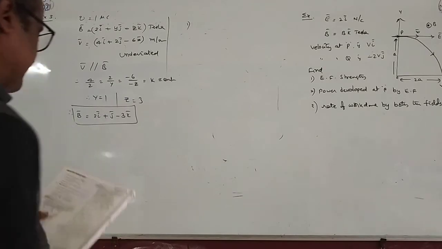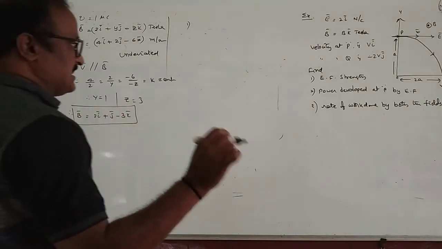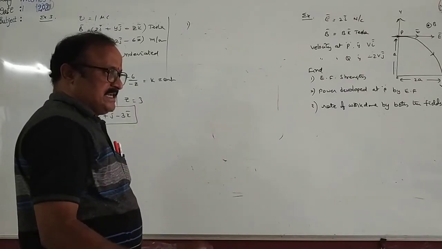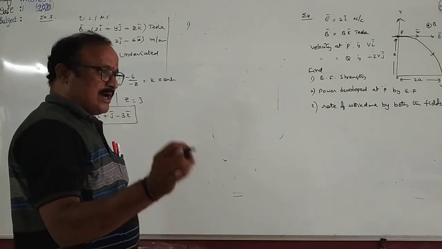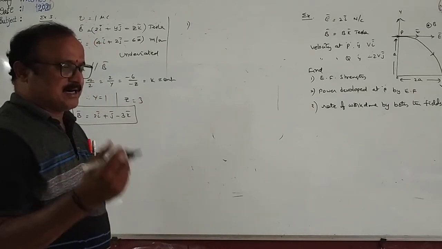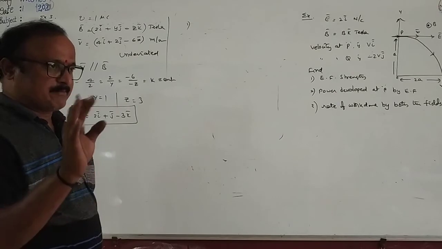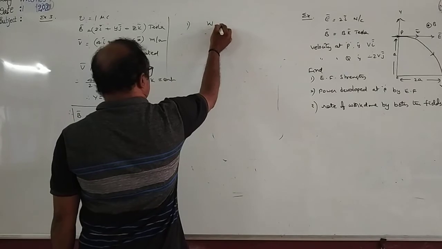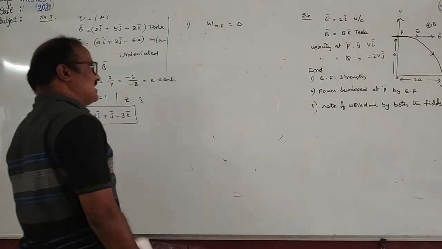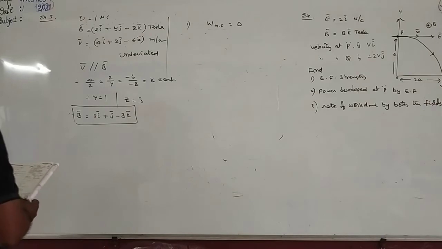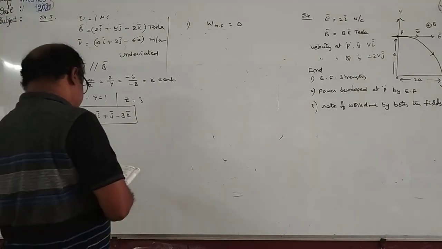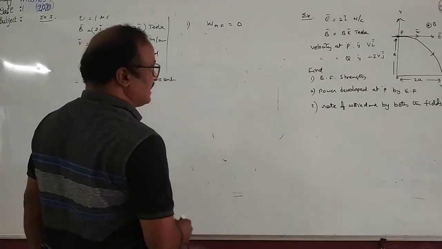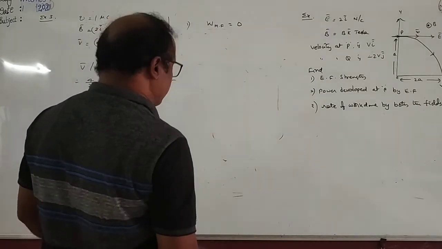We should remember one point. Any charged particle when it enters the magnetic field follows a circular path. In case of circular path, work done W is equal to F bar dot S bar. F bar and S bar both are perpendicular. That's why work done by the magnetic field is always equal to 0. Therefore, F bar is perpendicular to V bar. What is E bar? E bar is equal to 2i bar.